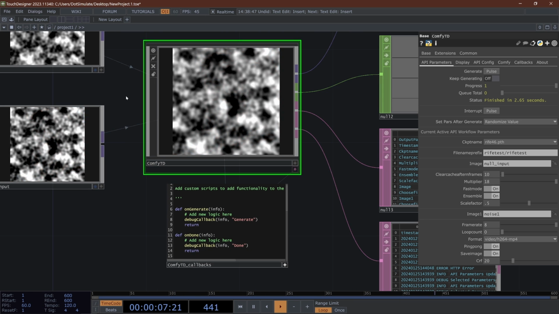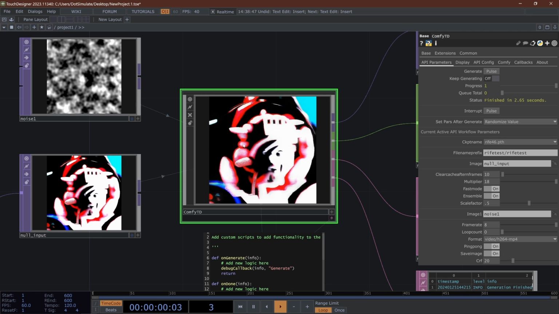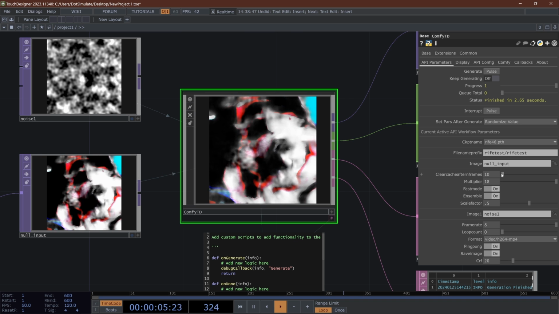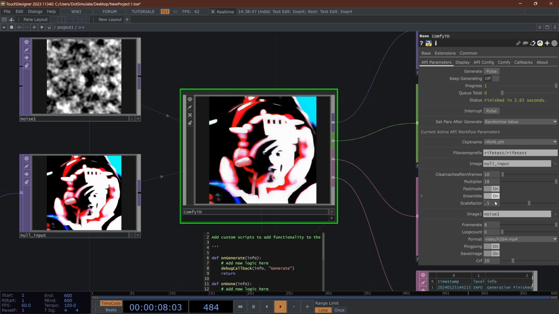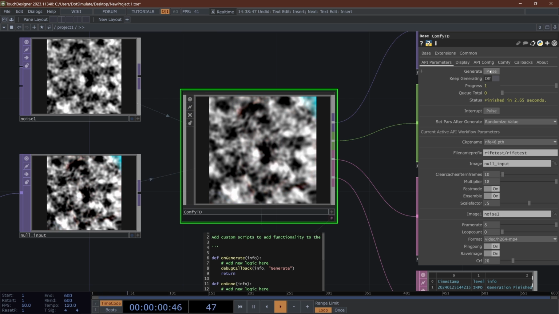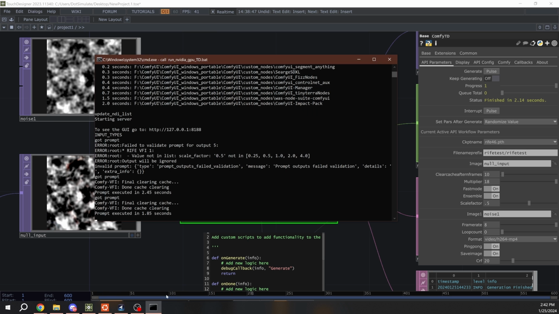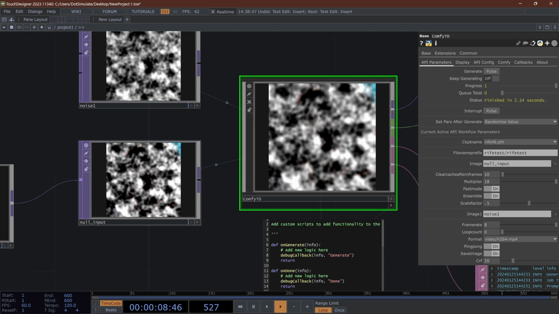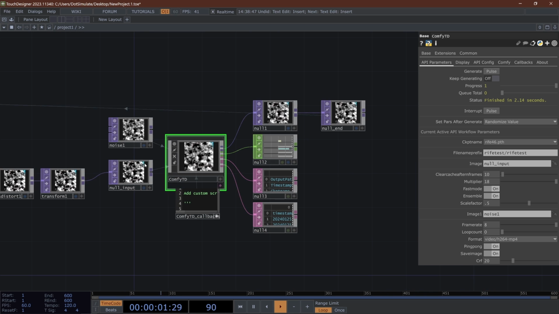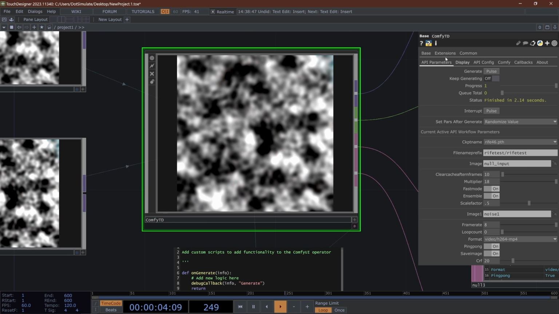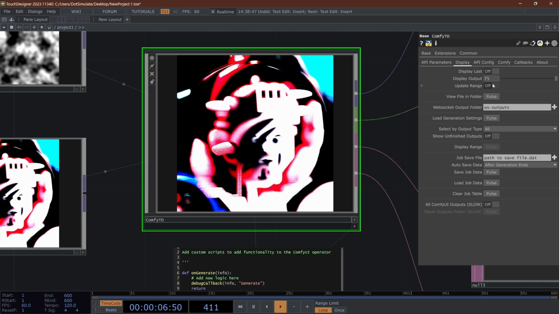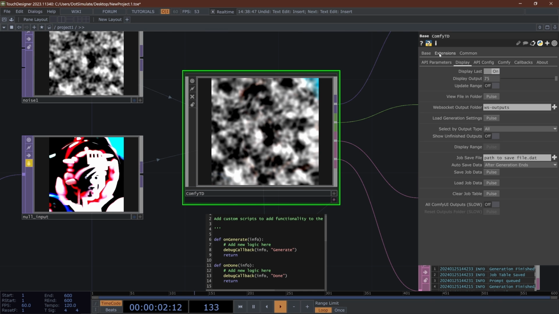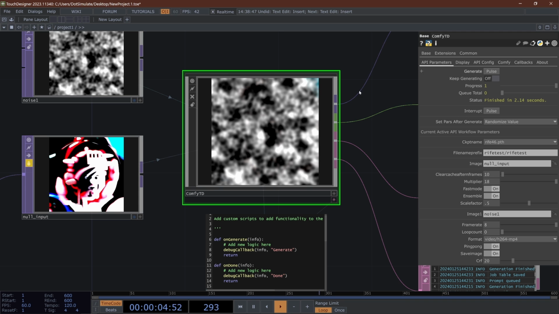And now, oh, wow, we got some interesting little interpolation between these images. And you'll see that was pretty darn quick. Again, if you hit generate, oh, it actually is going to run. Oh, well, yeah, it's because the input image was different. Now these noises are very similar. We can kind of lock this if we wanted to just keep those the same. And then I turn back display last, and then